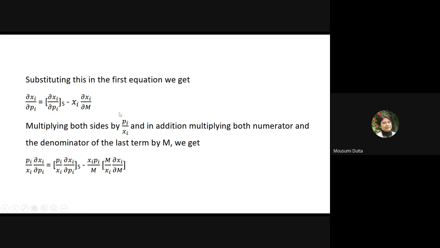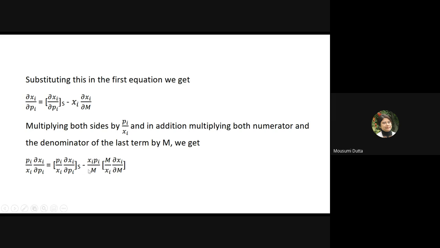Both sides I am multiplying by Pi by Xi. Here also the similar term, only the S is there. Pi by Xi into del Xi by del Pi S minus,